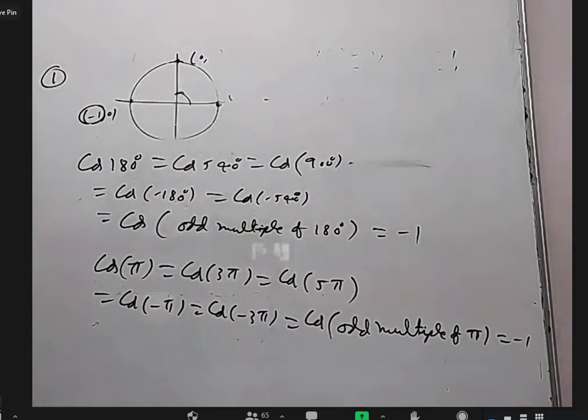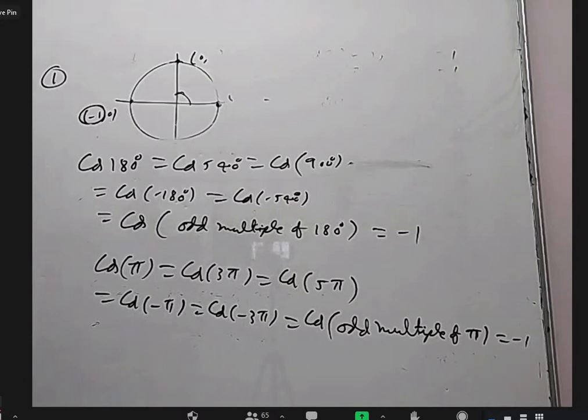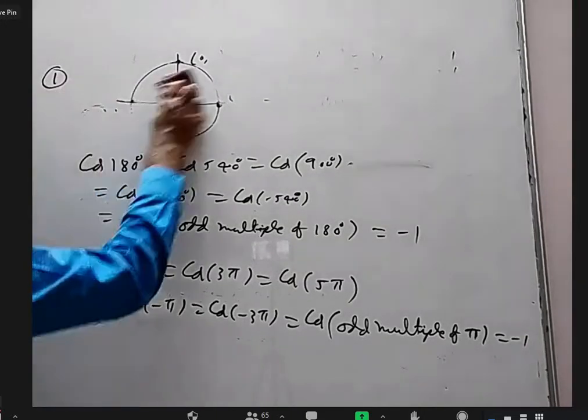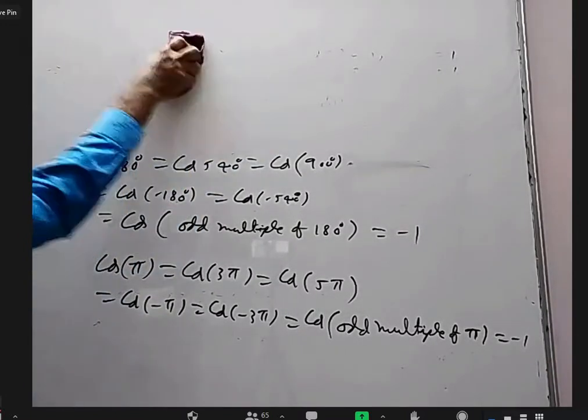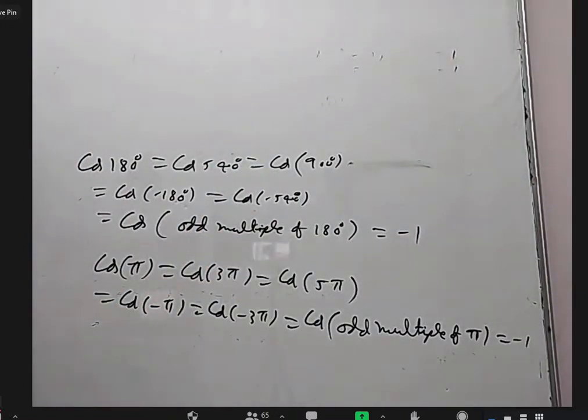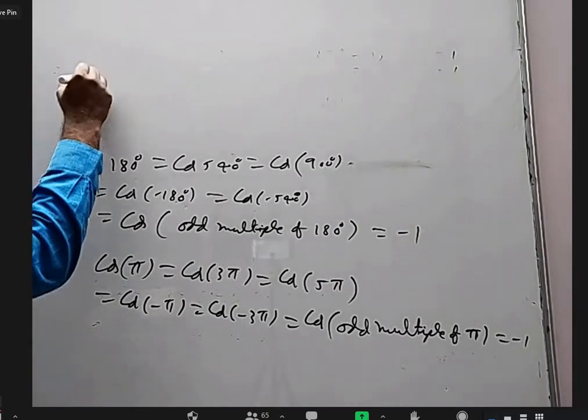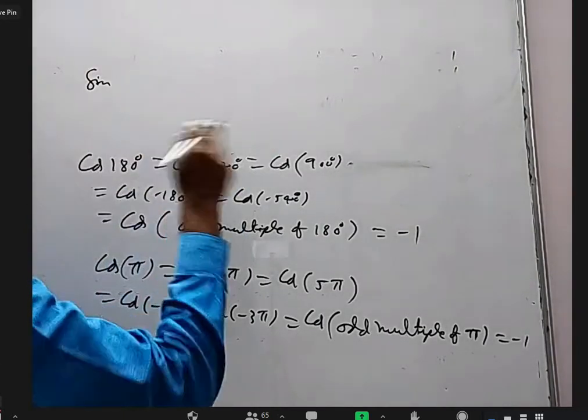So earlier cos of even multiple of pi we discussed as +1. Cos of odd multiple of pi or 180 degrees is -1. Means cos of (2n minus 1) pi. Yeah, you can write like this. I just wanted to write in words. Anything is okay. All of you are writing these things, right? Yes, sir. Okay. Regarding the sine multiple of pi is 0, I want to write because both ends.